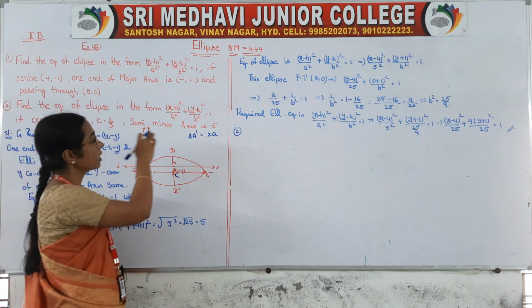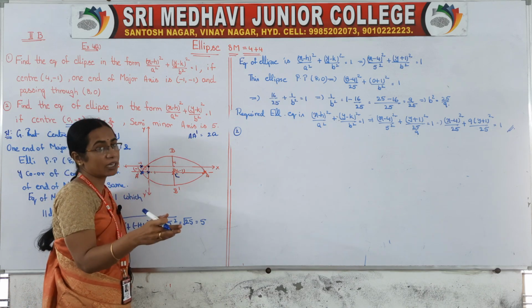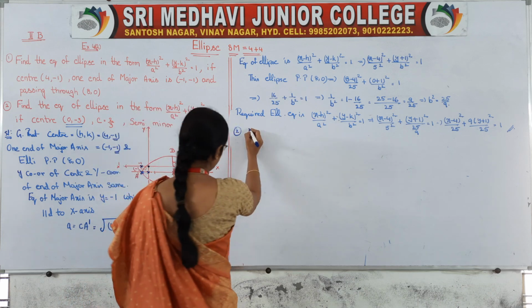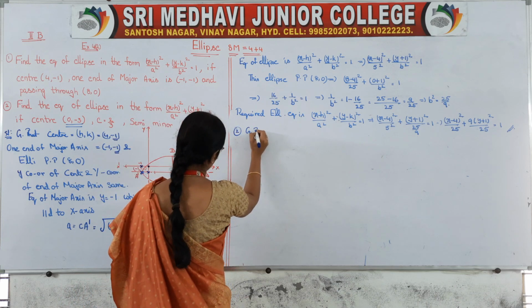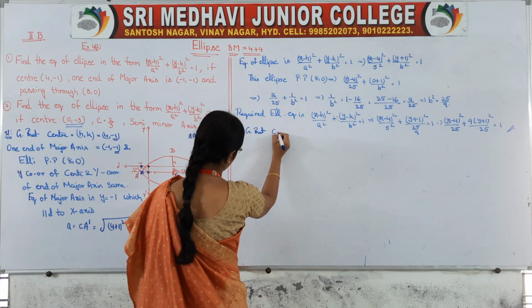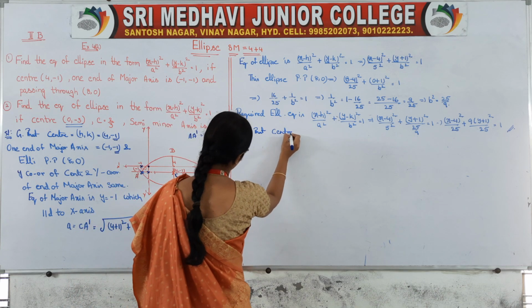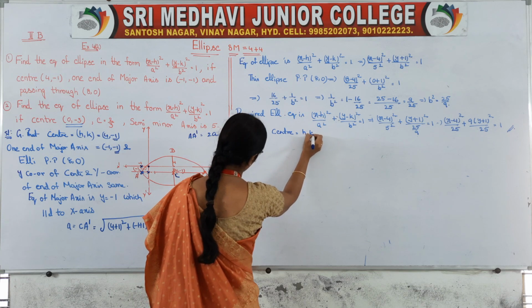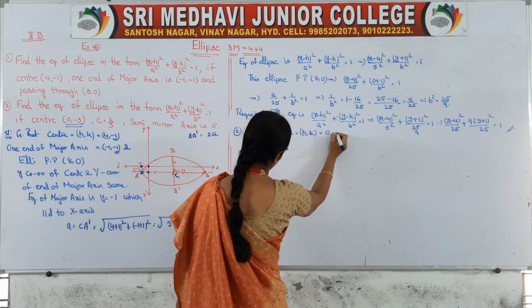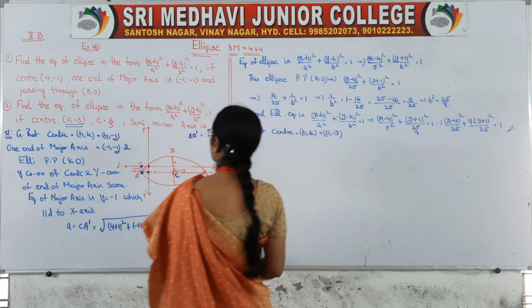So semi minor axis means half of the minor axis. Okay, so come on, now first what is the given information to you? Check it. The center is given to you, so it is denoted by which coordinates? H comma k, that is 0 comma minus 3 is given to you.